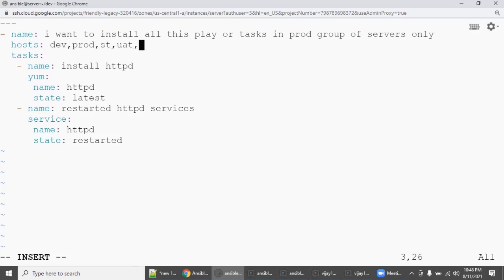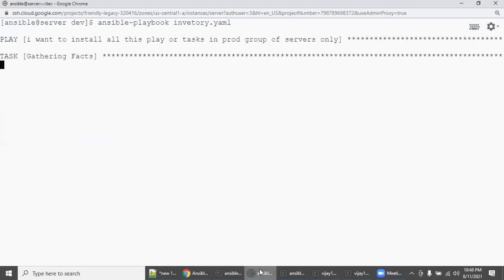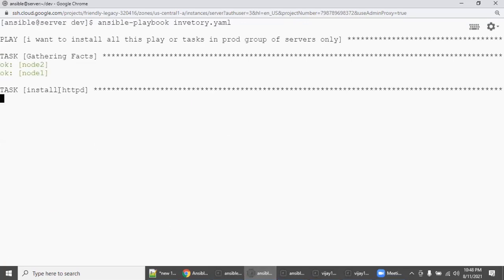If you want only one machine, yes, node 1. Any combination you can mention. As long as what you mention, this playbook will be executed in that manner only. If you execute again, this time the production group and the development group will both be executed.